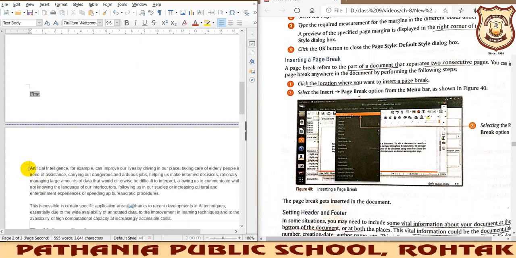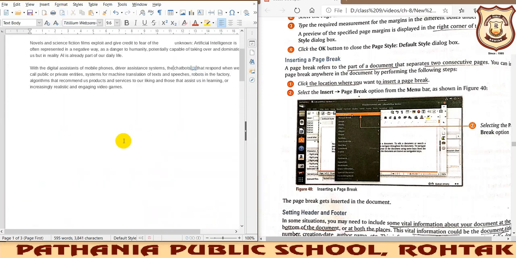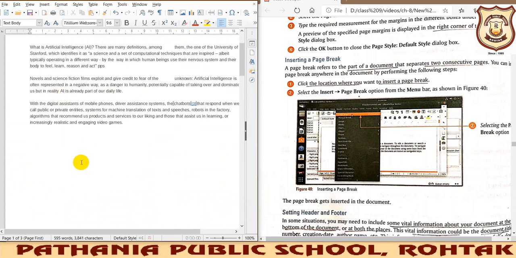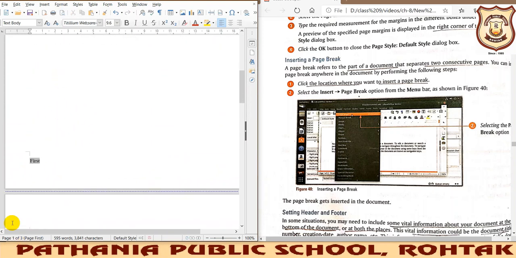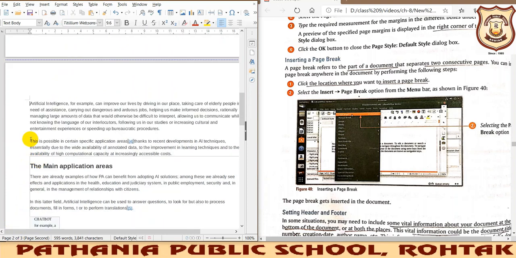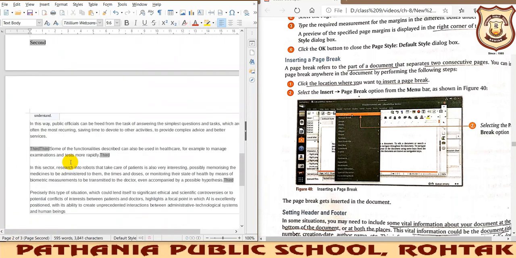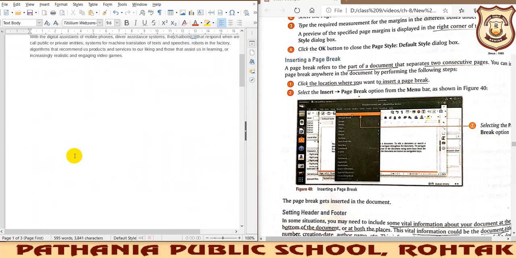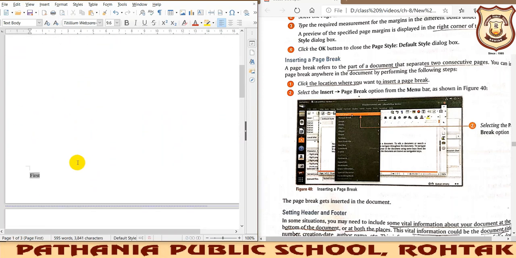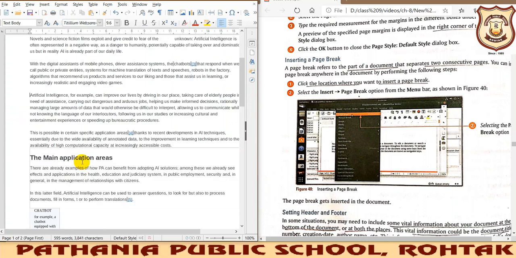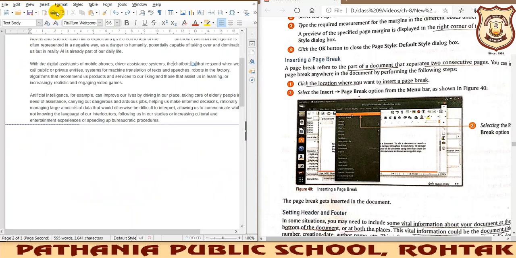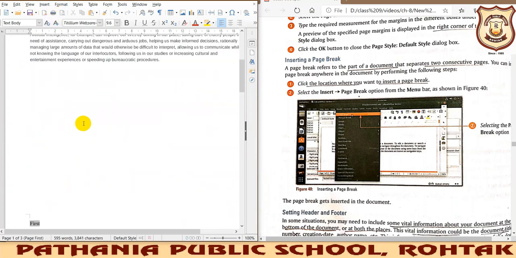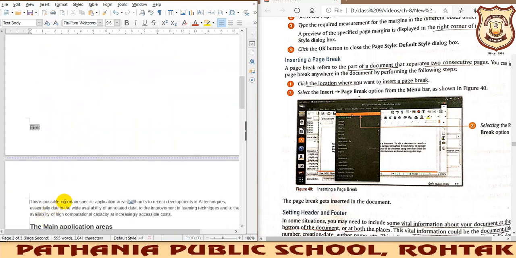So you will find that this paragraph is on the next page now. See, all the rest of the page elements have moved to the second page. This was the first page, this is the second page. Now we have 3 pages. So in this way we can insert our own page break. Just give the position. See, I'm doing control Z so that you may see that here we have inserted the page break. Again, this time I want to have the page break from here. So again insert page break. So you will see this is possible. From here it has come. I hope it is also clear.